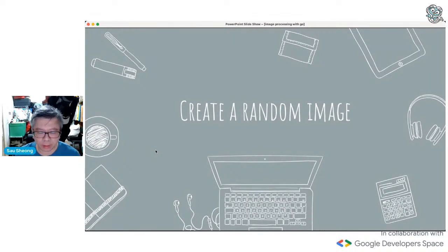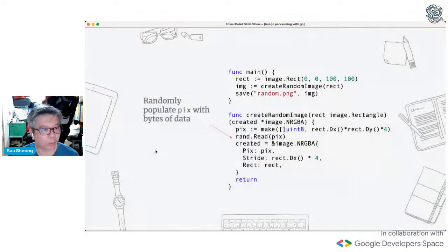Now I'll talk a little bit here to show you how you can actually use the image package to create a random image. And here there is nothing else except image, and then you provide all the values within the image, and that will create a random image. How do I do that? So for this random image, basically here I create a pix, which is a byte array, okay?